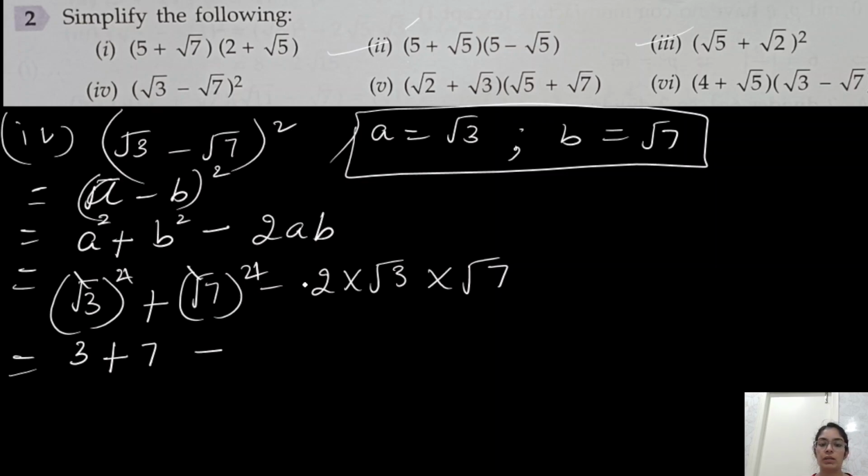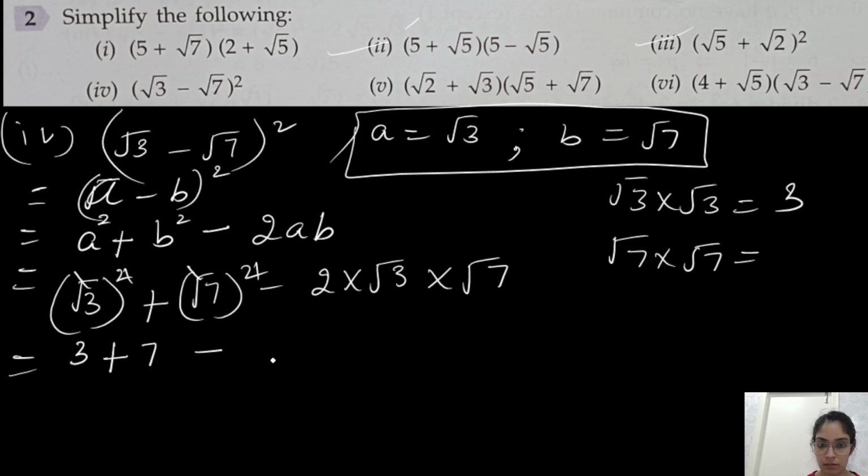In any way you can understand: like we are doing square, root 3 into root 3 is equal to root 9, which is equal to 3. We are doing root 7 into root 7, multiplying the number with itself. Minus 2 root 3 into root 7, this is equal to square root of 21. Root means normal root, it's square root only. If it is a cube root or fourth root, then we have to always mention it. As you have seen, I sometimes say root or sometimes square root, so both are the same.